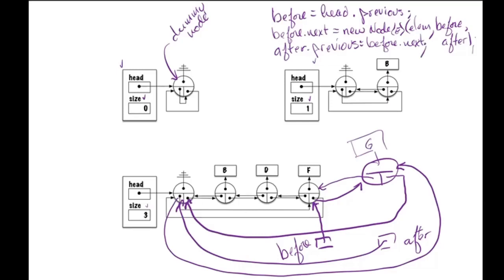And the beauty of this is this would work if there was only one element, if there are three elements, but it also works in the case where the list was empty. So before equals head.previous, before would be pointing at the dummy node. We're creating the dummy, and then, whoops, we're missing one statement here. I didn't write